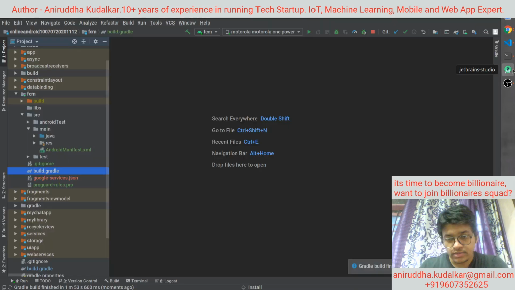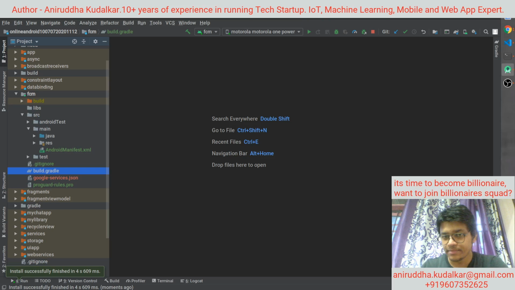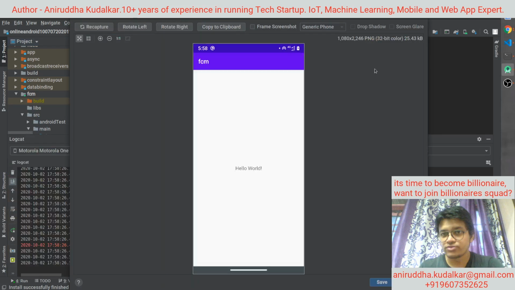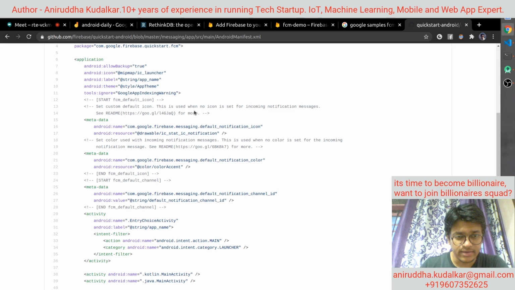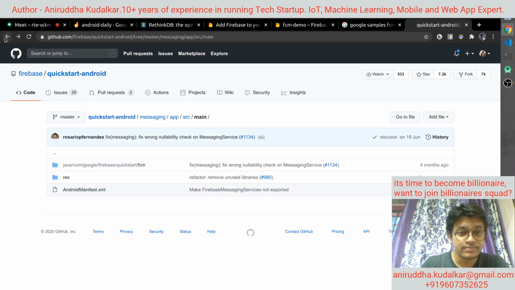Done. See, when you install Google related things, it will take some time, and the app is properly working on my phone. That means with the libraries there is no error. Now what code do you need to add? Let me show you. Very first thing, you need to have the Firebase messaging service, right? One service that Google